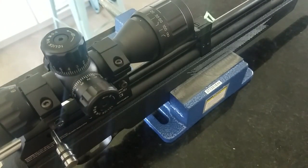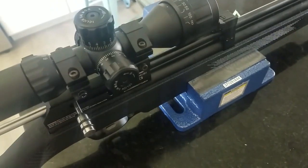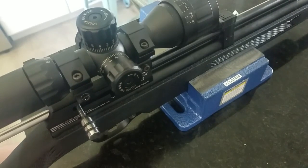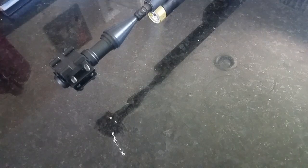Now before I really crank it all the way down, I got that set. I'm going to look through the scope here and make sure that it matches the plumb line on the wall. You can see that the plumb line is pretty level with the reticle. Okay, now that we're at the end, before I get it on paper, I'm going to get the scope bore-sighted